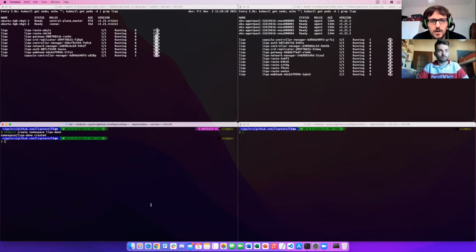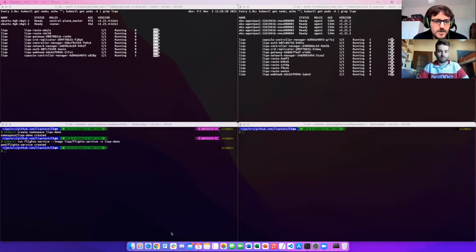And we will see how we can share a service like that on a different cluster. So for example, we can create a pod. It's very quick and dirty. We just create a pod with the Lico flight service image, and then we just expose it with a service.